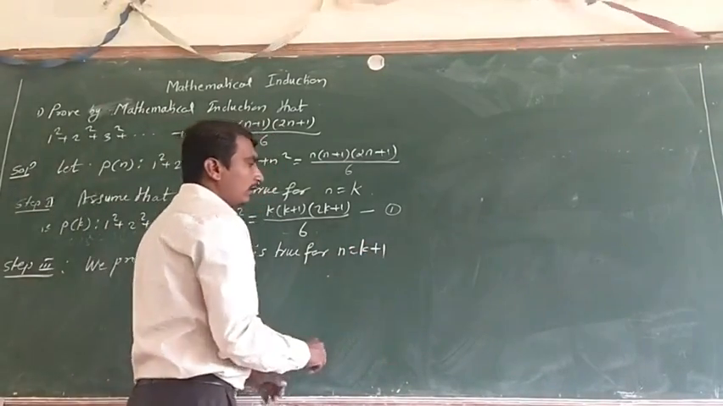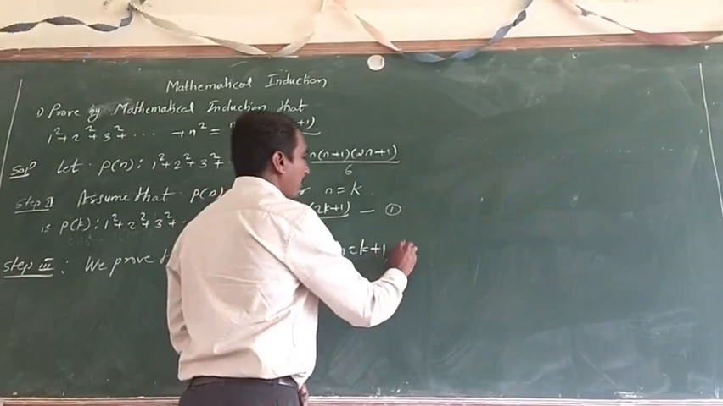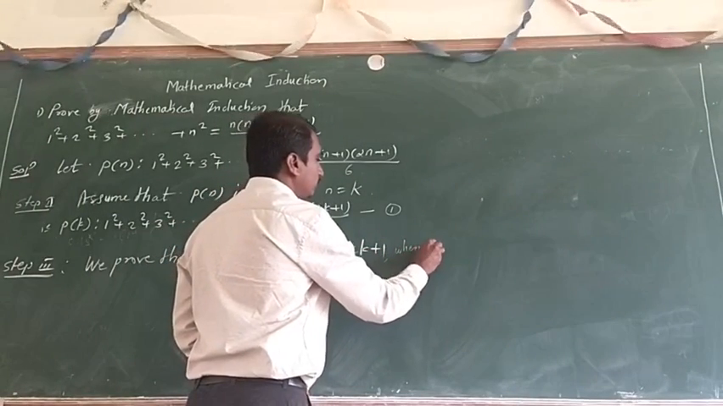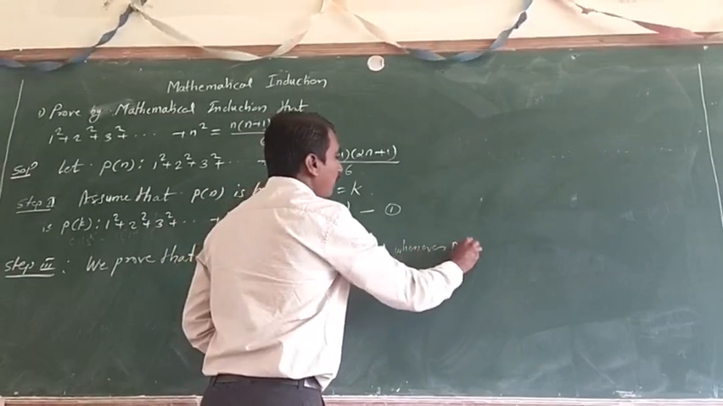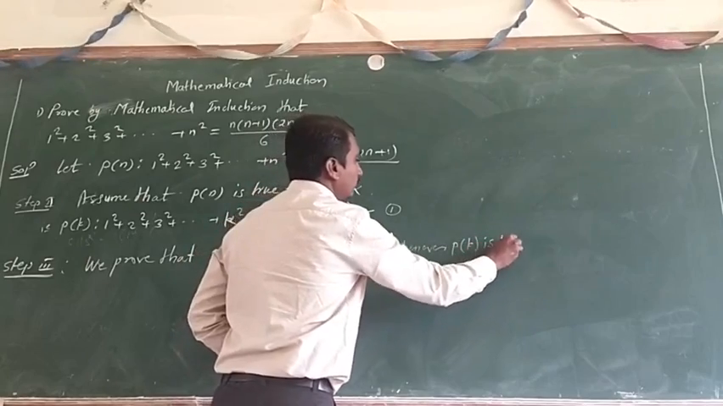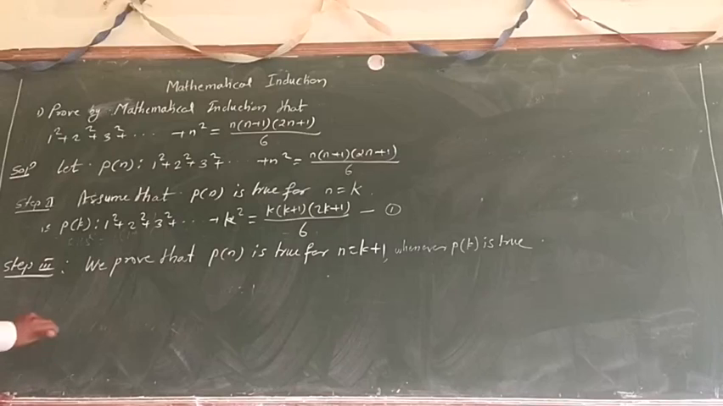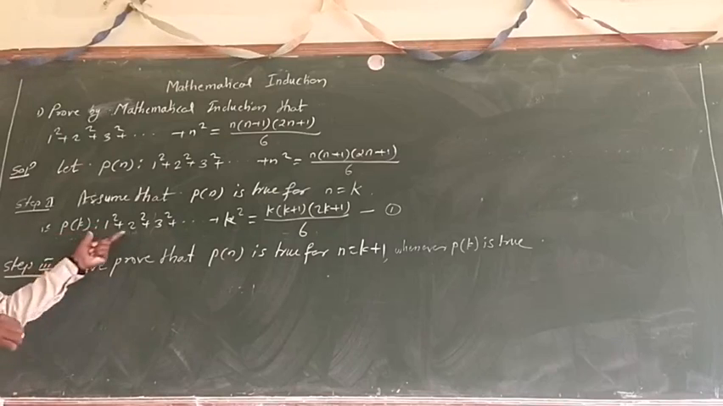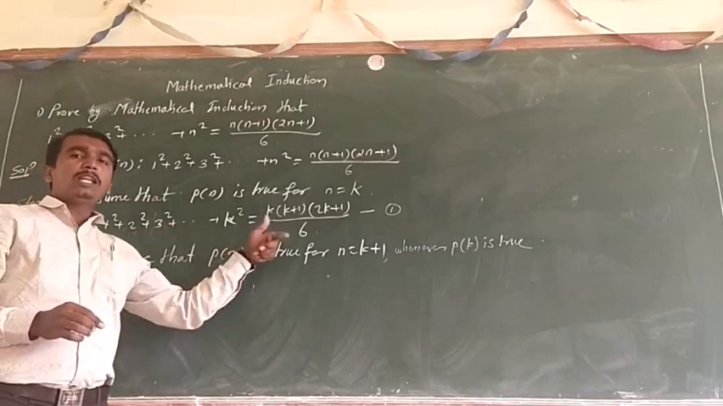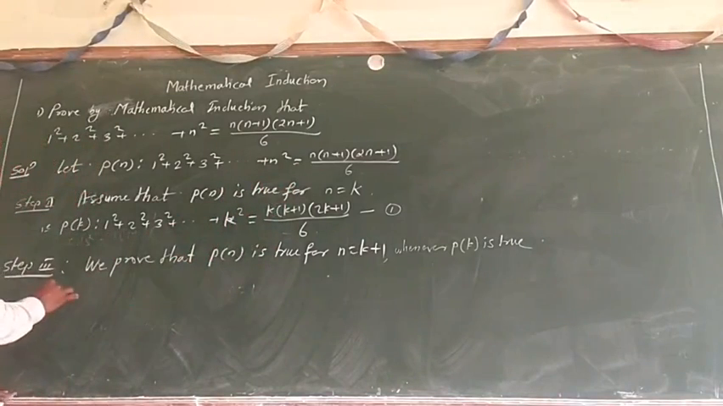N equal to k plus 1 whenever P of k is true. So here the k term is given. Now we have to take the k plus 1th term. So therefore